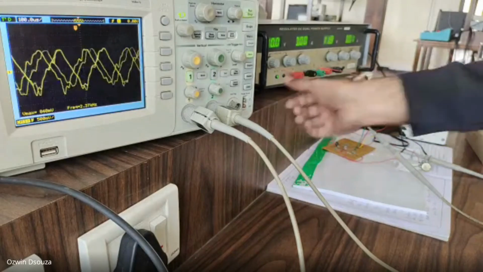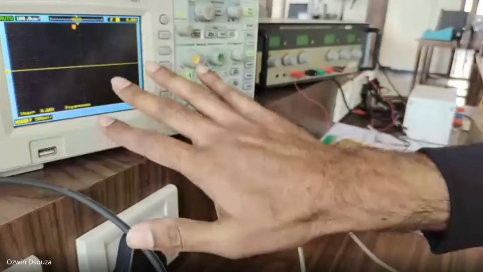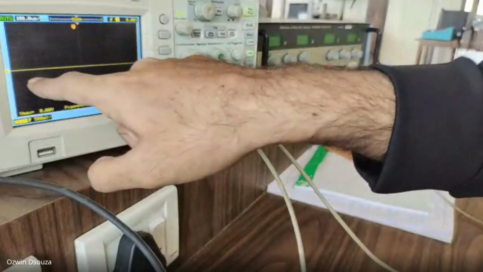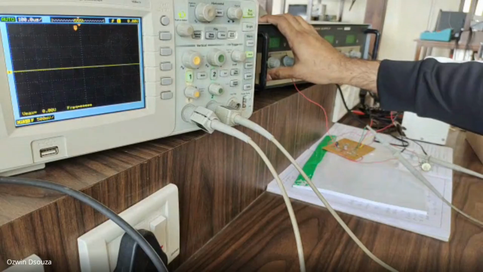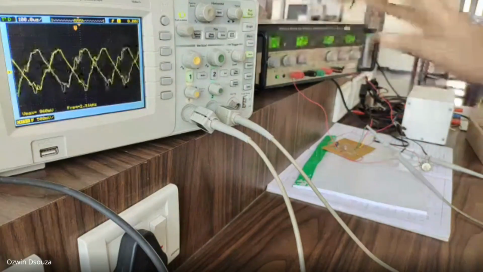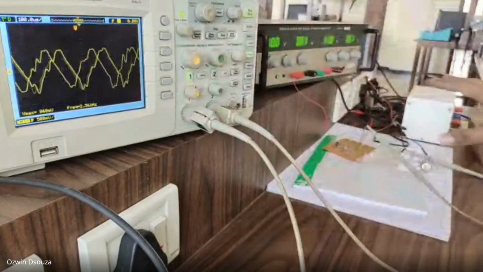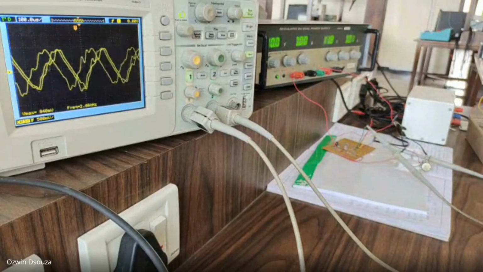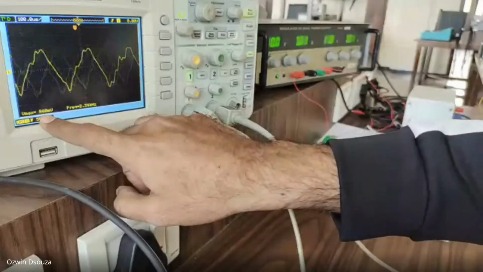Okay. You see, in the absence of DC, the wave is dead. There is no waveform in the CRO; you'll have a waveform which is overlapping your x-axis. The moment I turn on the DC power supply, the power transient takes place. Suddenly there is some random noise generated in the amplifier, the oscillator circuit. Now this random noise has an amplitude of 840 millivolts.